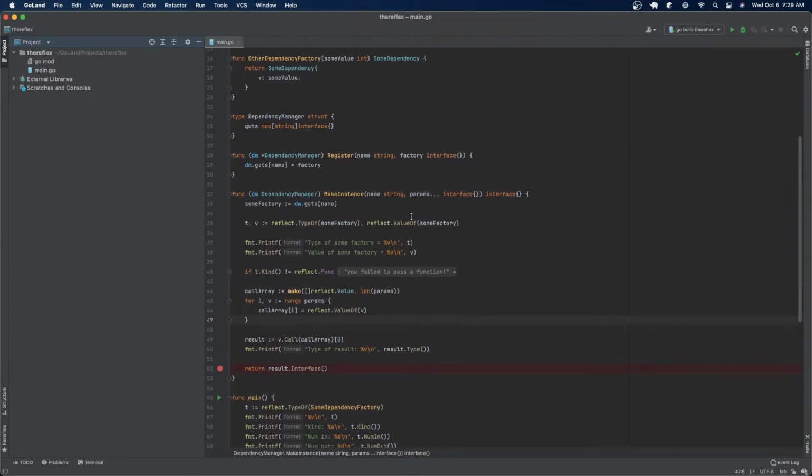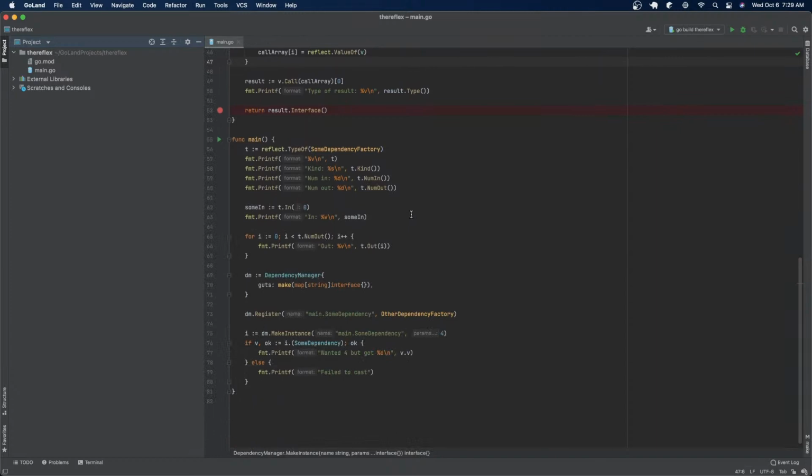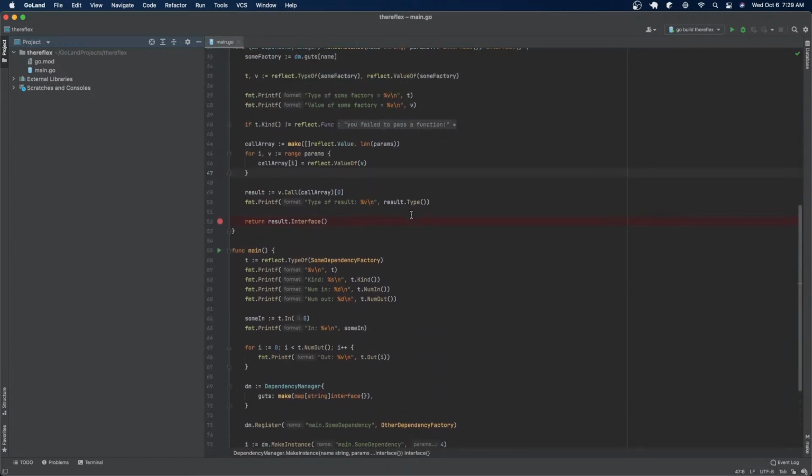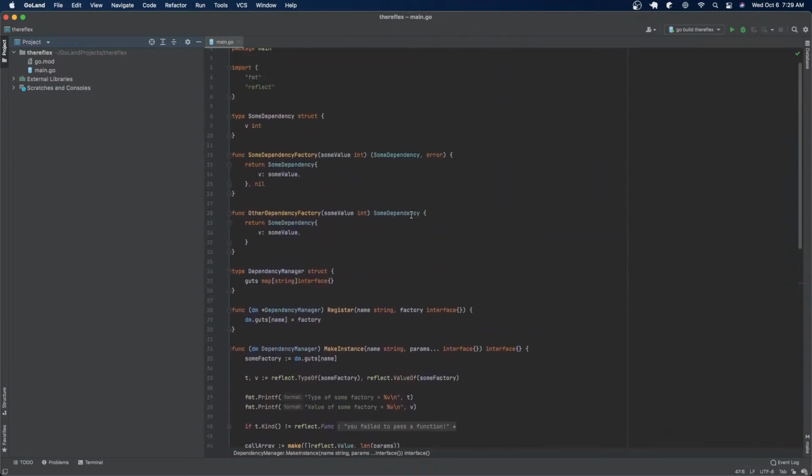The other option is to take a look at what I've done here. And so we could write a dependency injection framework thing. I'm not saying a complete one, but maybe we could do something such as